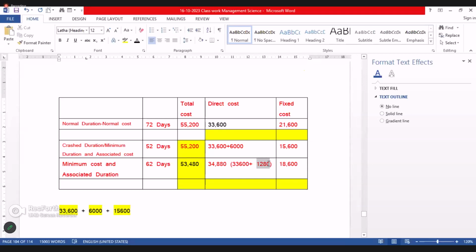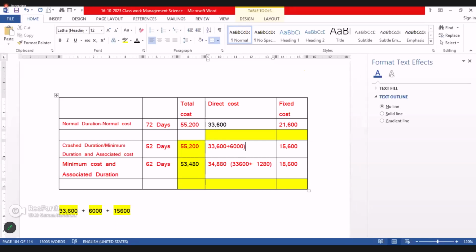Yeah, the additional cost is 6,000. Okay, that's 6,000. So you can see 33,600 plus this 6,000. So now you see 72 days, 55,200; 52 days also 55,200, right? And 62 days is 53,408, which is